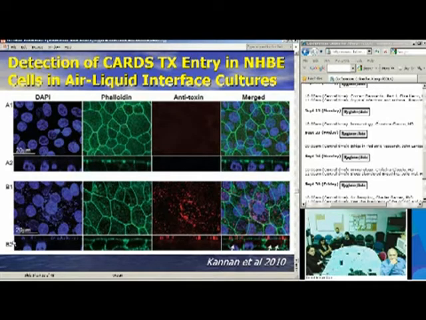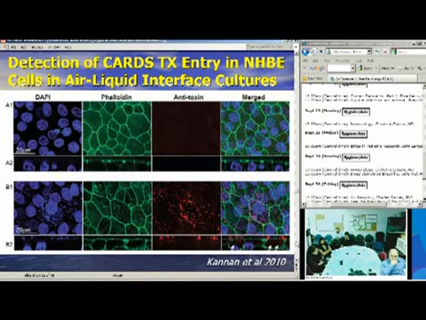And the most interesting part of this to me, if you look at the bottom where they're actually looking at slices as seen from the side, you can see the little organisms along the cell surface here in blue on the left side. And then you can see the toxin also clustered on the surface, but you can also see it within the cell. And this is then seen again in the merged